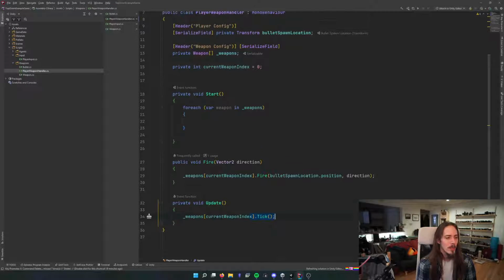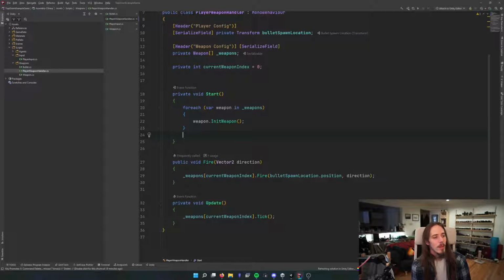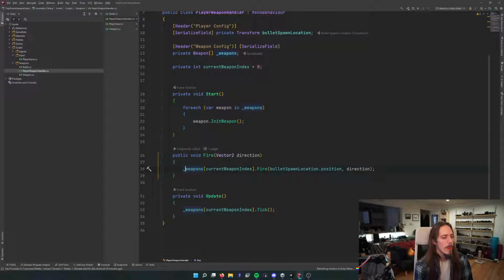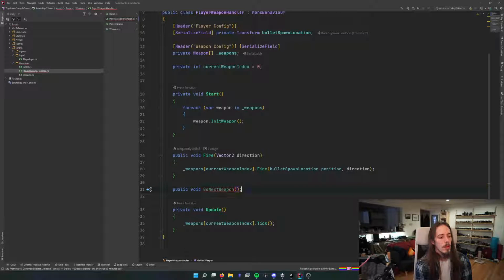Don't update the time on the ones we're not using. And then go next weapon,